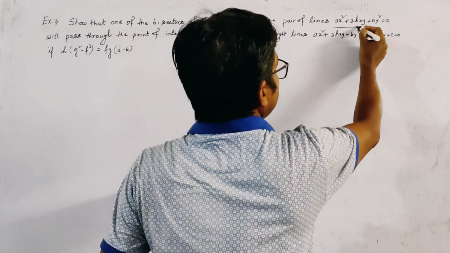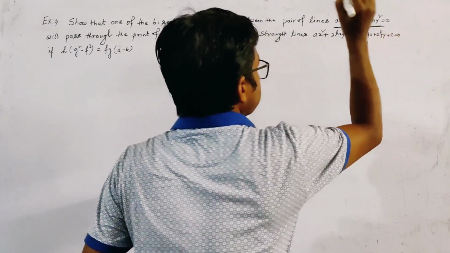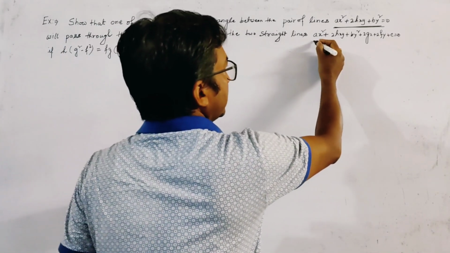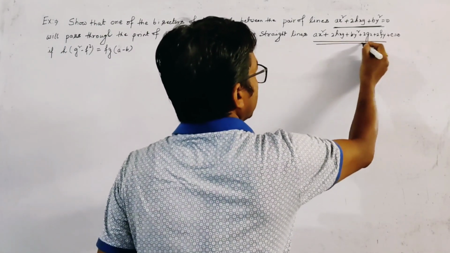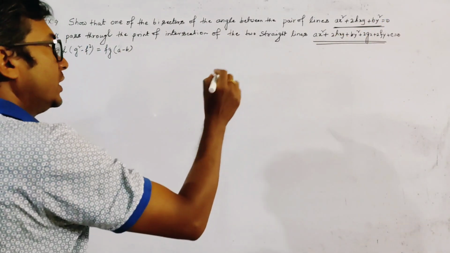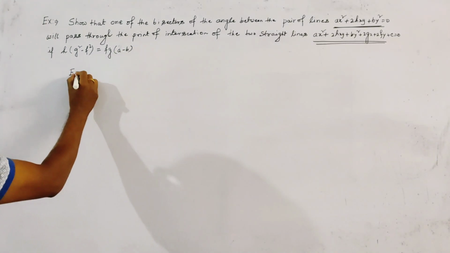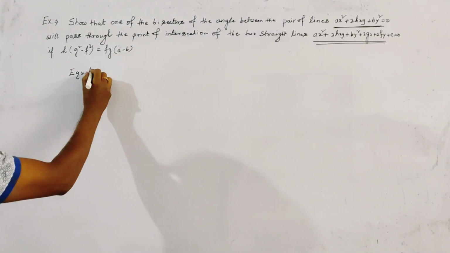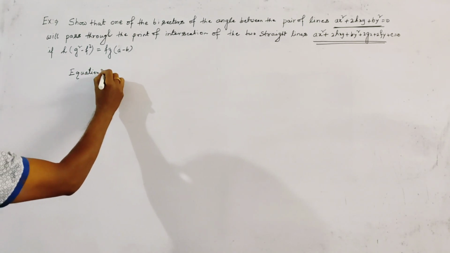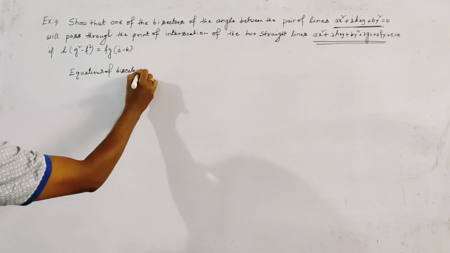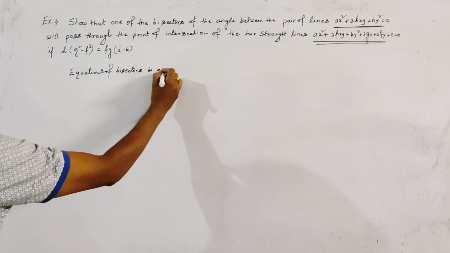We first find the bisectors of the angle between the first pair of lines, and then we have to find the point of intersection of this pair of straight lines. Now first find the equation of bisectors. It is given by,